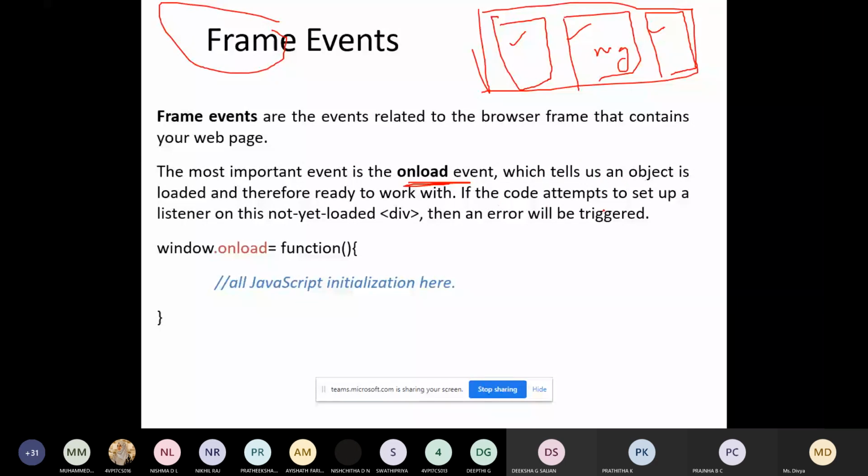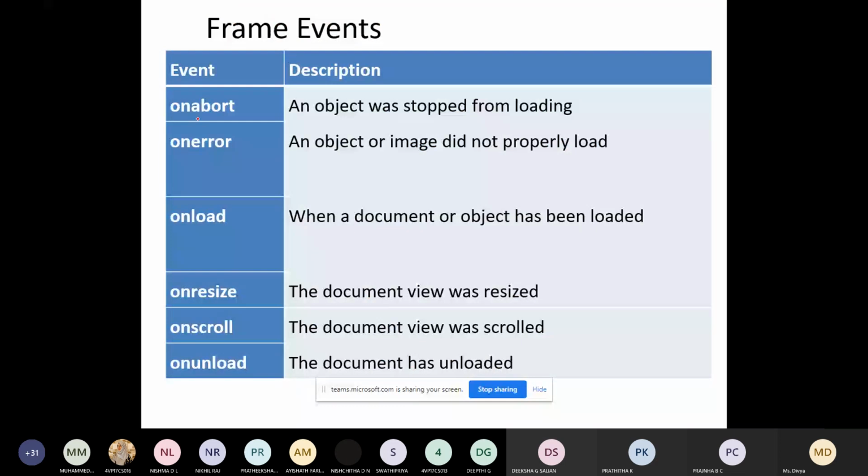If the code attempts to set up a listener on this not yet loaded view, then an error will be triggered. So you can see here this particular frame can call onload and it can execute some function. Similarly for this you can have onload, and you can run different functions. Don't worry much about this. What are the events we can have? Apart from onload, we can have onerror, onabort, onresize, onunload.